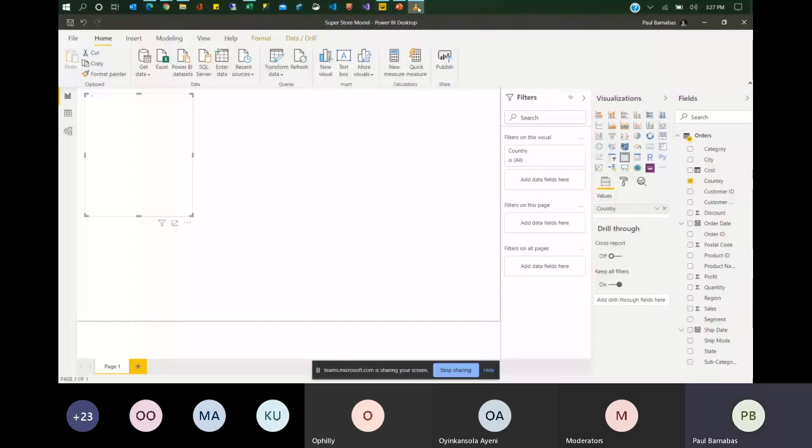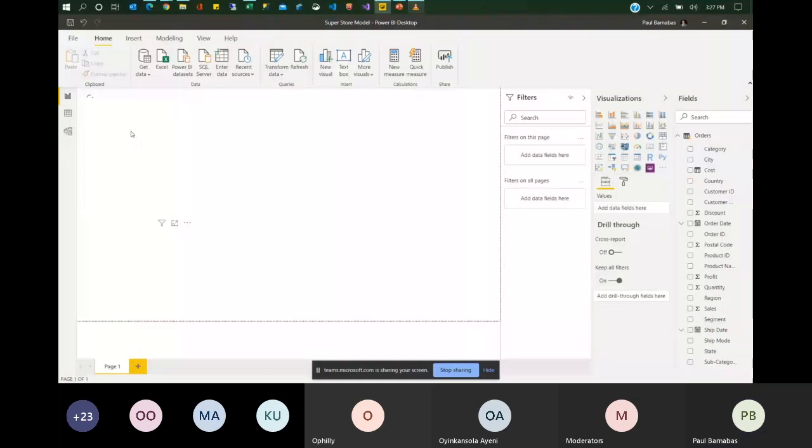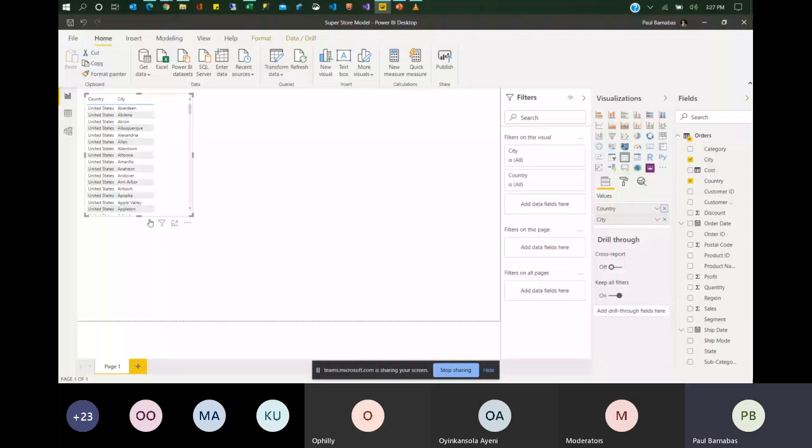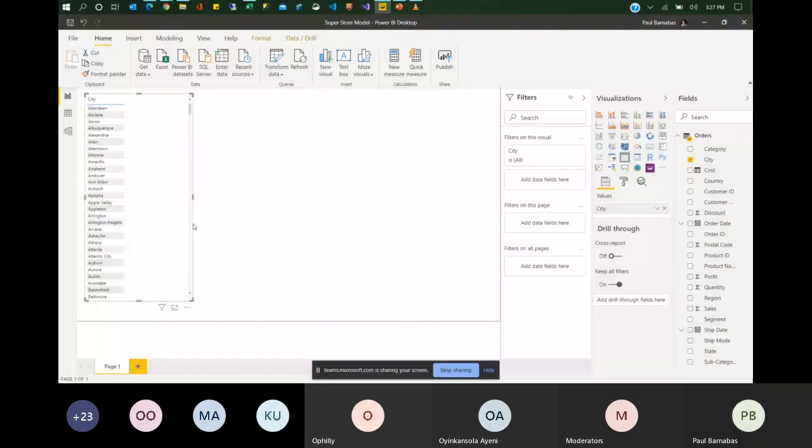My model is slow. Let's do city, and add the new column we just created, which is cost.